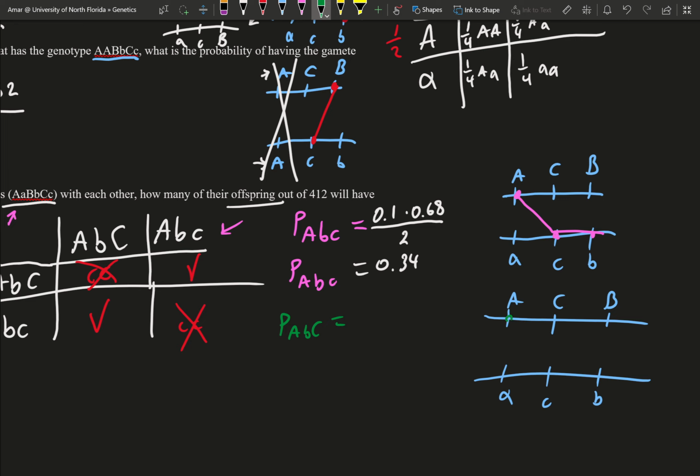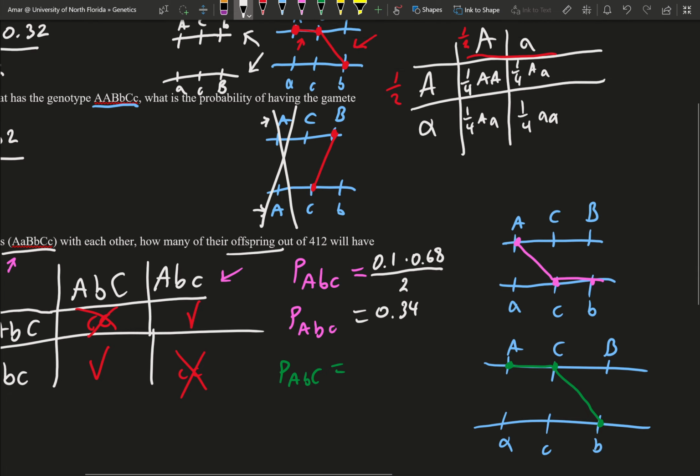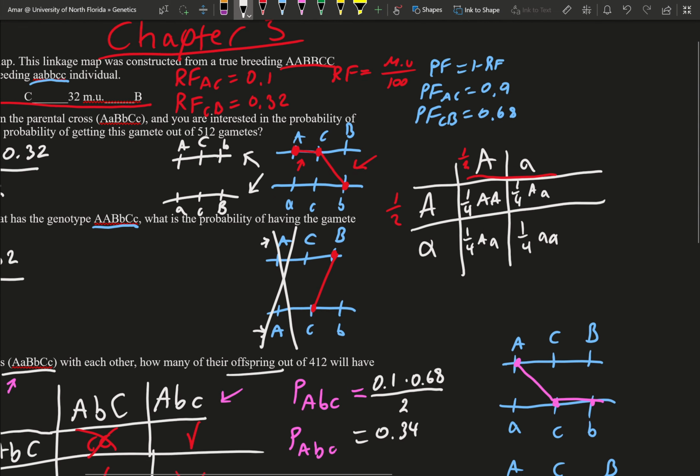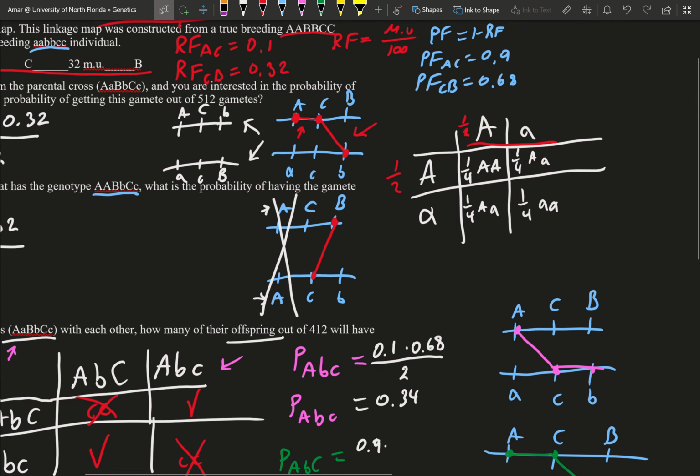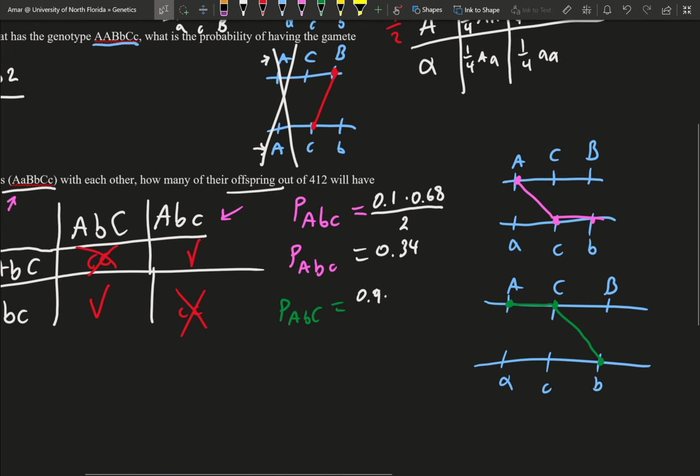We want big A, we want little b, and we want big C. So this one is recombination frequency between C and B and parental frequency between A and C. A and C parental is 0.9. And then C and B recombination frequency, 0.32. And we're going to divide it by 2 to get our answer, which is